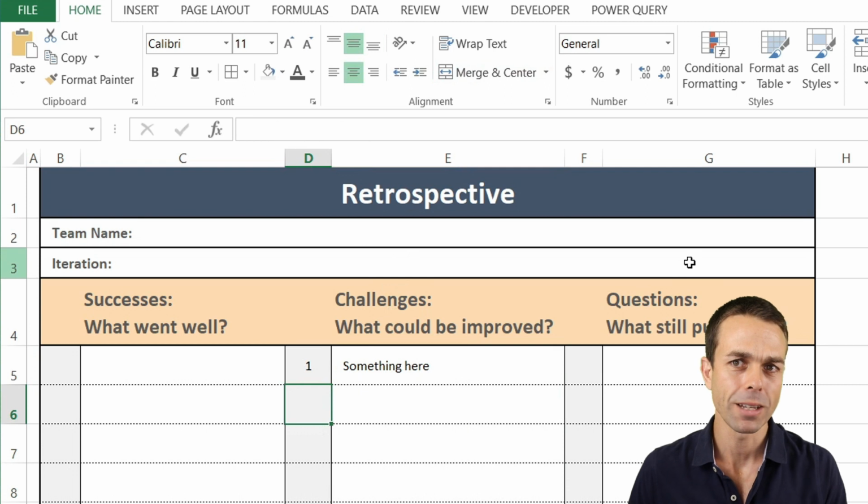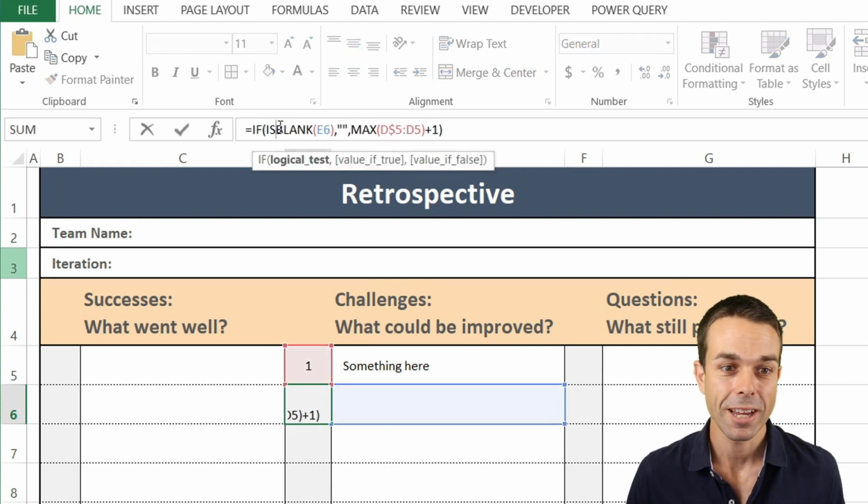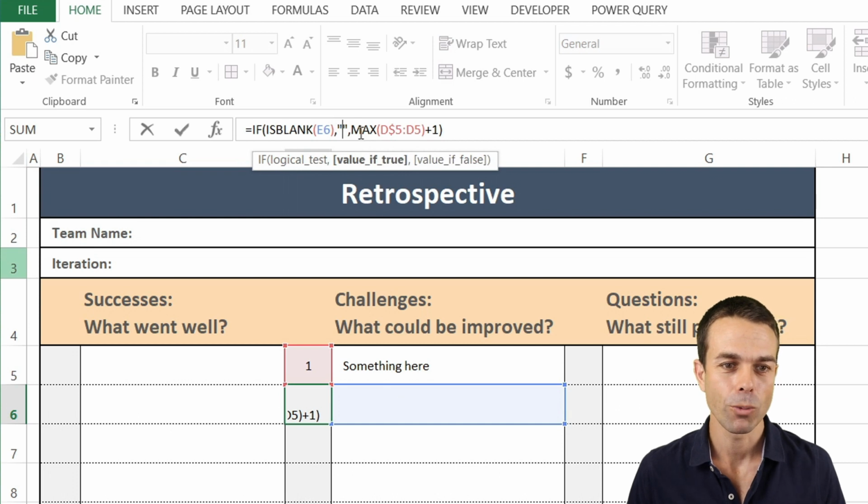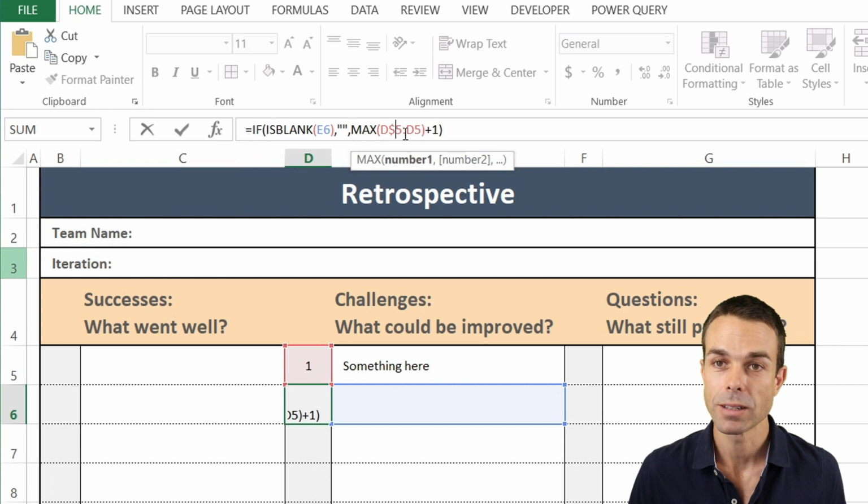Now the second formula is a little bit different. This one is checking if that cell is blank, which is good. If it's blank, we want to return nothing as well, so just empty quotes. But if it's not blank, we want the maximum of the last rows, and we want to put a $ sign